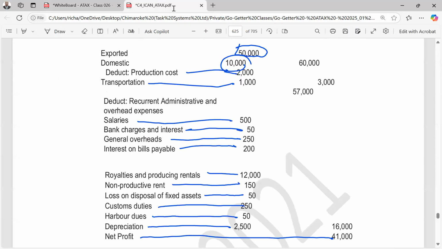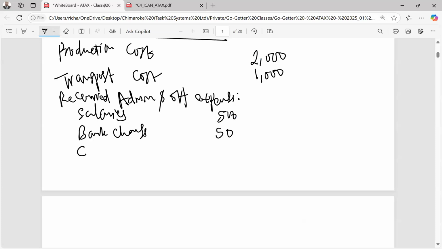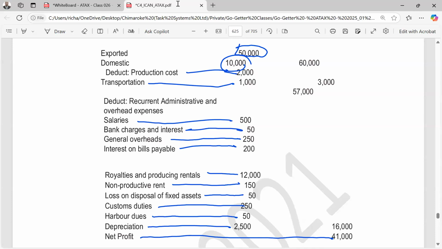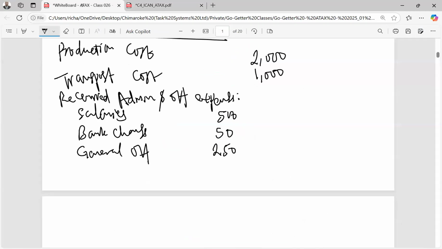The next one is general overheads, 250. General overhead 250. Interest on bills payable 200. Interest on bills payable